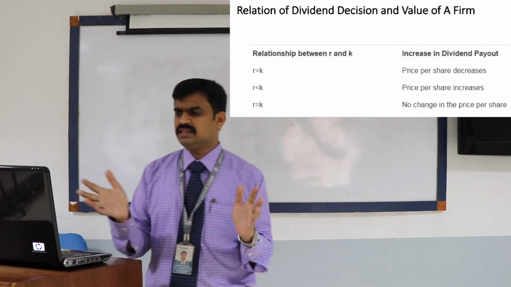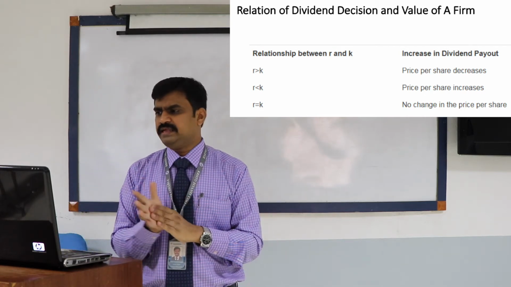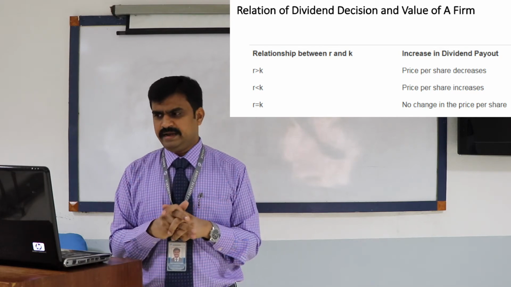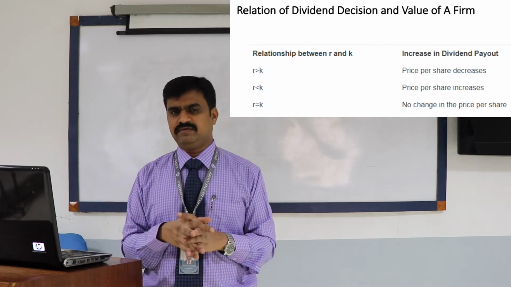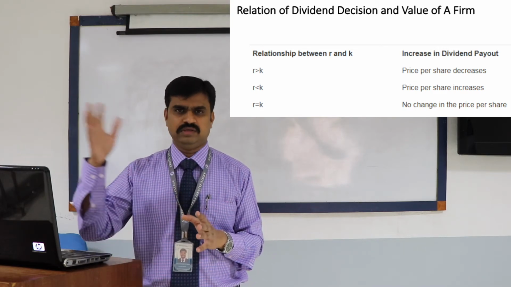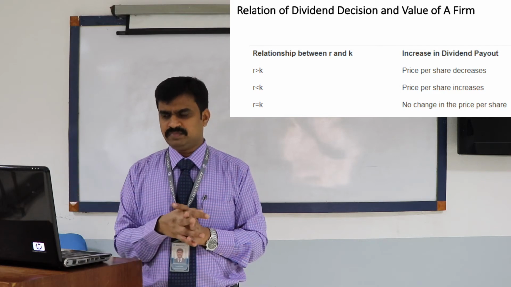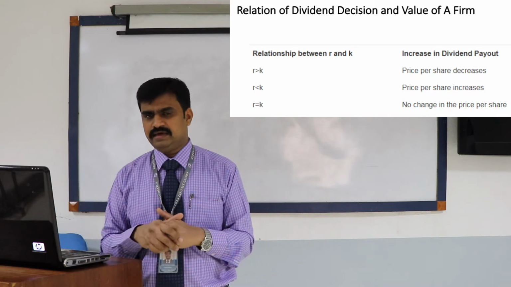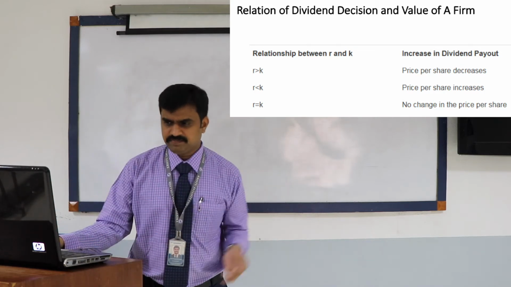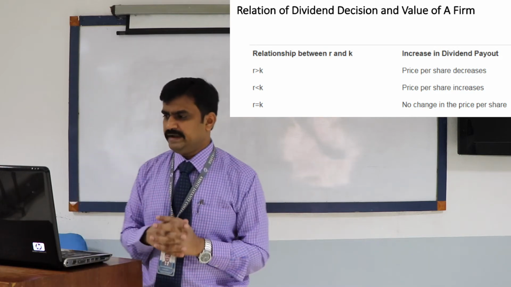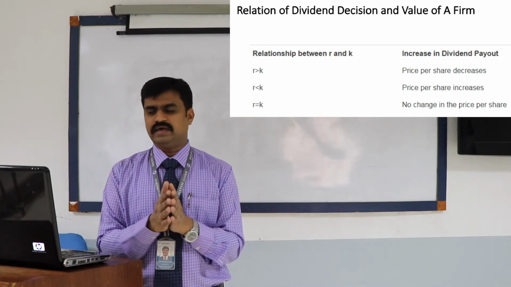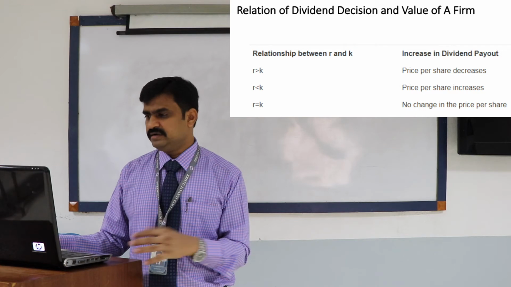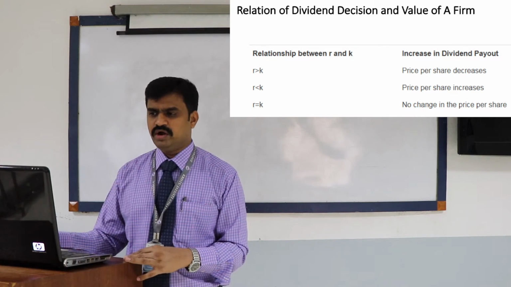So the summary is that Gordon's theory of dividend policy is one of the most prominent theories used in companies to value the company. It is also used to calculate the cost of equity of the firm, because we know the earning, the retention ratio, the K naught, and if you know P1, I can just cross multiply and calculate the cost of equity. Though it comes with a lot of limitations, it is widely accepted, and a lot of companies use it to calculate the market price of the share using the forecasted dividends. That is Gordon's model.